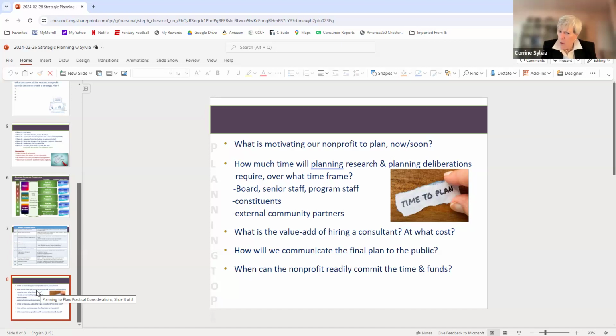You might want to add the question of what is the value of bringing on a consultant? What's it going to cost? Is it worth the cost? I guess what I would say about that, and in true disclosure, I'm a consultant, but what a consultant brings to this is an outside view with a great deal of experience behind that outside view, but also in doing that environmental scan, a consultant who has no ties to your organization other than being hired to do this